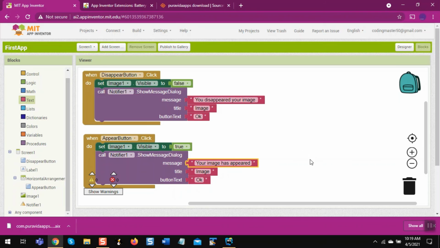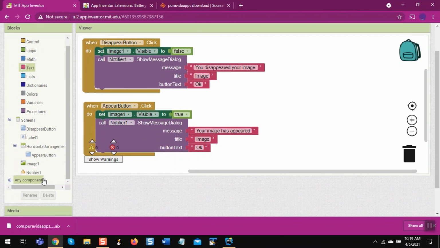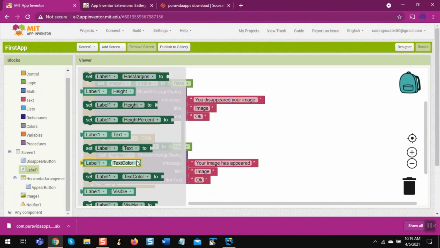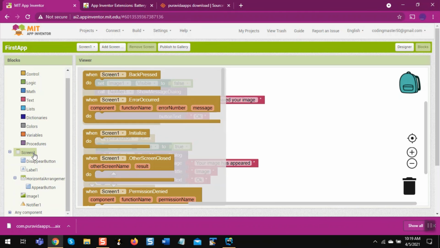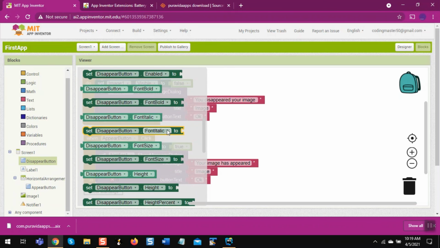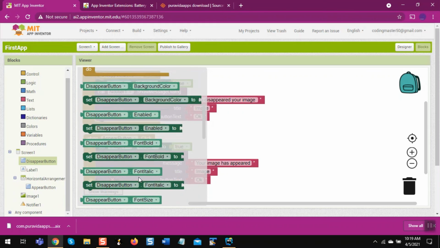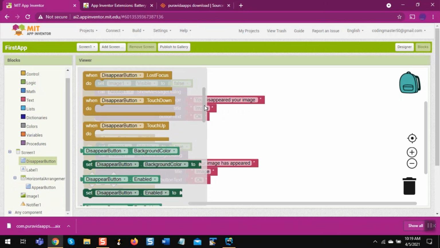See, now after doing all of this, we have done all the code that we can do. I showed you the demo of all of this, all of these buttons, labels also. You can even do the label one. See, this text color, everything is actually the same. Text color, width, height. If you know it for the disable button, how to get height, width, everything, you can do it for all the buttons actually. So I'm going to show you for one button only, very thoroughly.